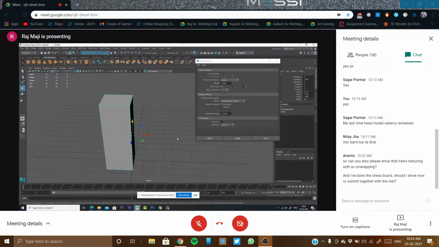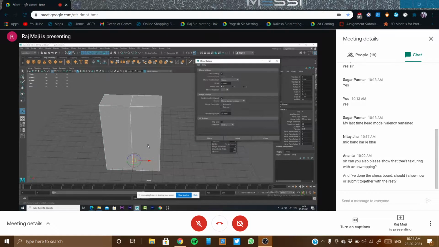Okay. Now, which side the arrow is, that is the positive side, and definitely the other side is the negative side. Okay. So already negative side my object is there. I want the other half in the positive side. So instead of mirror direction negative, I should select positive. Okay, and then need to apply mirror, then only it will come this side.